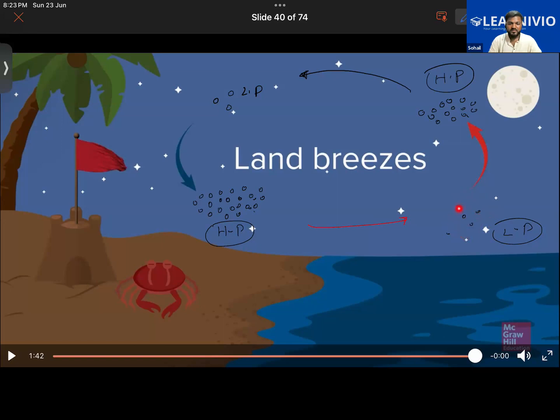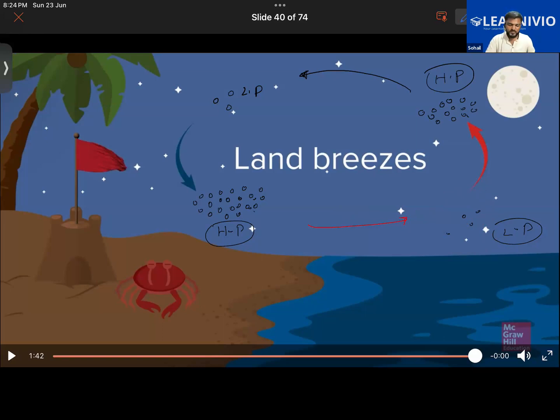And over here, what has happened? The molecules of air have risen up because of heat. They become less dense and they have risen up. So more air molecules are concentrated higher up in the sky, leaving just a few air molecules in the lower atmosphere right now. So it's all about the number of air molecules in the air. Getting it? It's not like cold air will be having more molecules and warm air will be having less molecules. The concept is that the cold air will descend, it will move towards the area wherever there is an emptiness, a kind of vacuum is created.